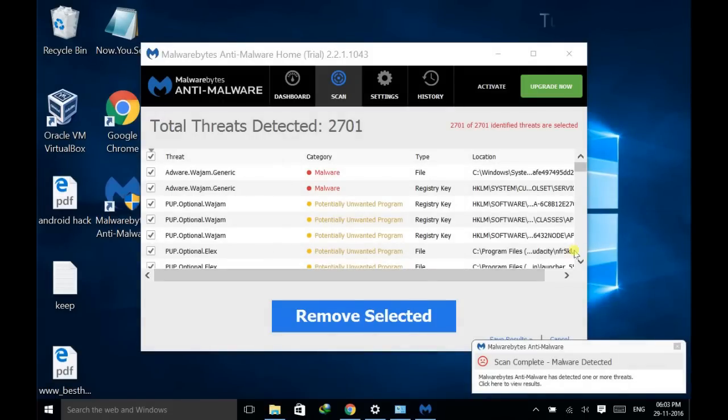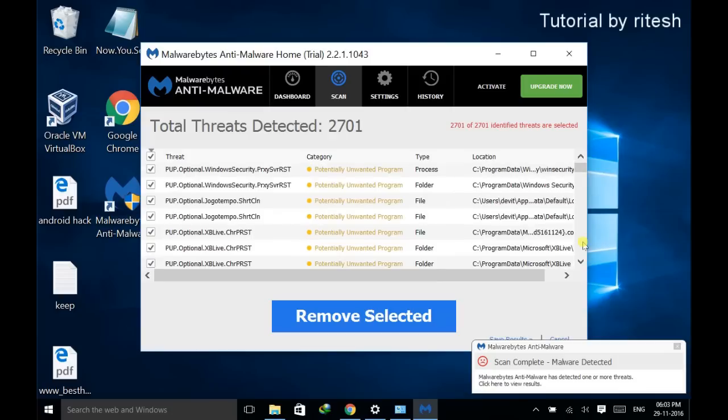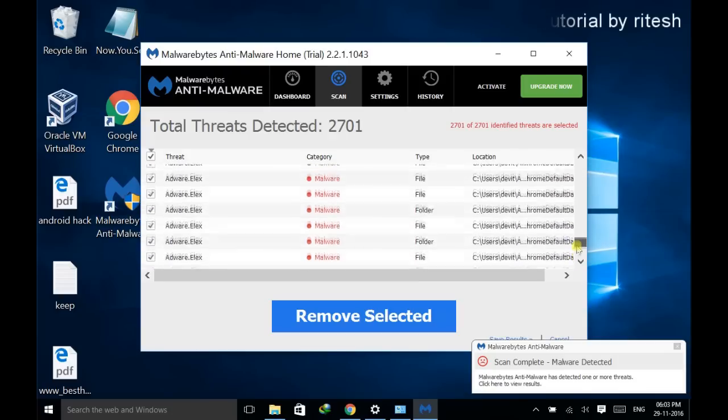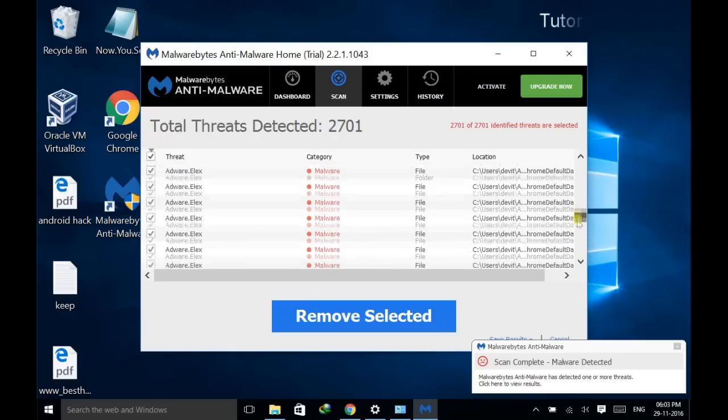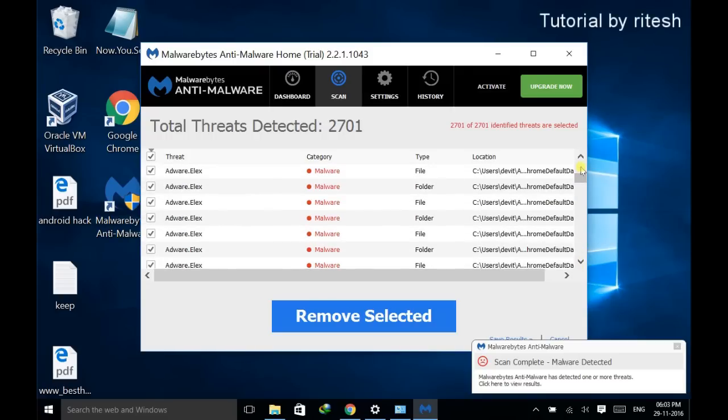Successfully completed the process. Now as you can see, it has detected more than 2500 threats in my system, and if you take a close look at it, you will find many of them are adwares. If I scroll it down, you can see these all are adwares which are in my system. This includes every malware in your system, including the ipconfig.exe malware. I have around 2700 malware in my system. Let's remove it. Select all of this and remove.